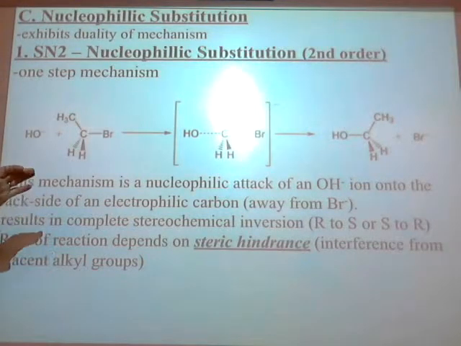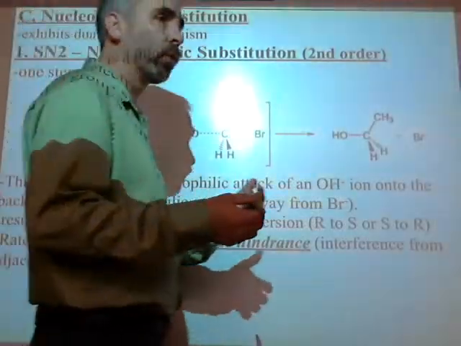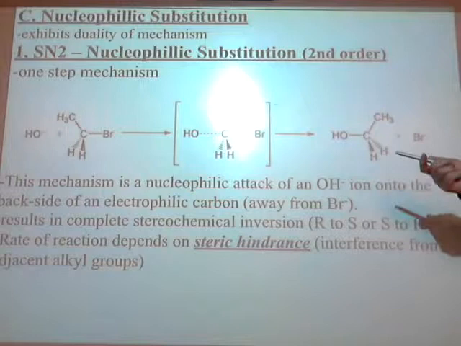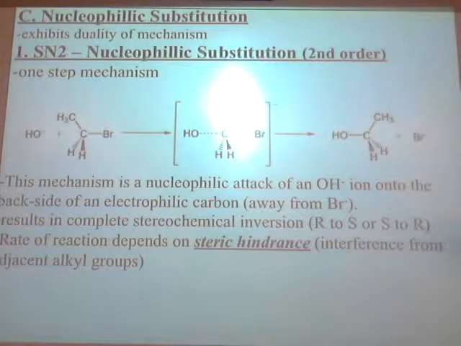Okay. So what determines how well this reaction goes, how fast this reaction goes? Well, the main thing for this is something called steric hindrance, which is basically the interference of adjacent alkyl groups. Normally, we're used to saying for our carbonium ions, we want more carbons around them, right? That stabilizes the charge, correct? In this case, it's the exact opposite. If you remember my animation, which I showed like 500 times, if you were to watch it again, it purposely used